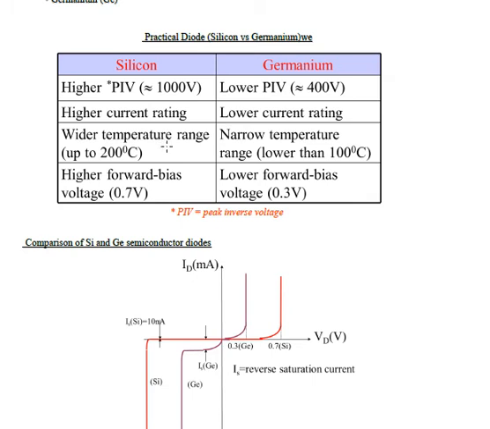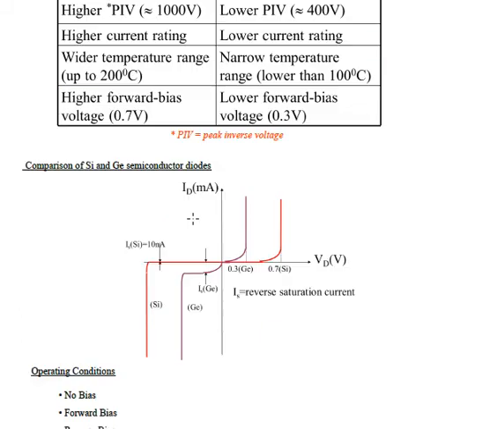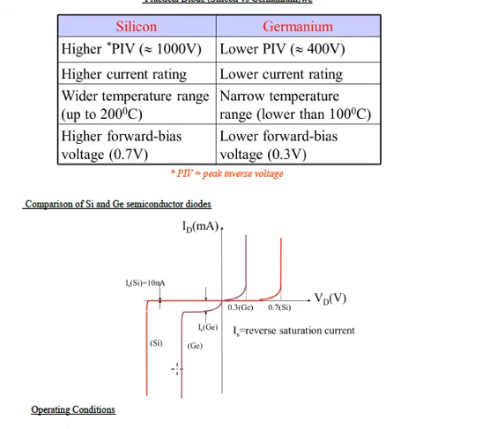Okay, kasi some of them has the disadvantage, and some of them has the advantage naman. Okay, so we have here a graph of how they operate for the germanium, for the silicon. Okay, itong red na to na graph. So as you can see here,